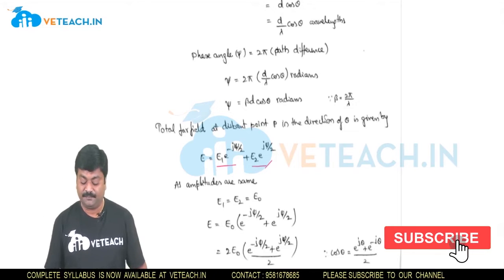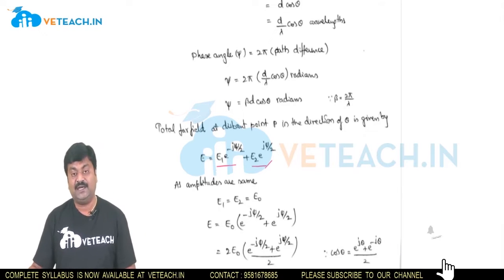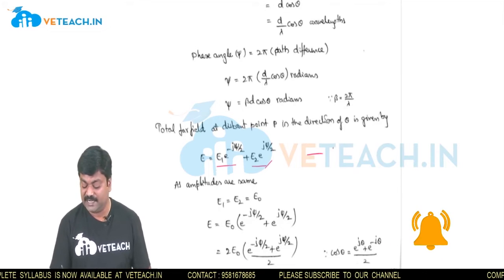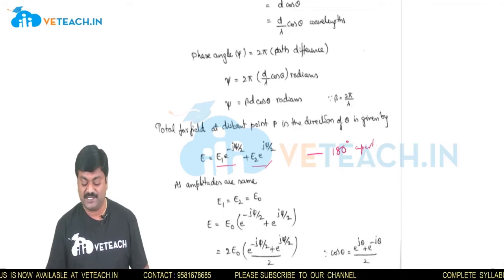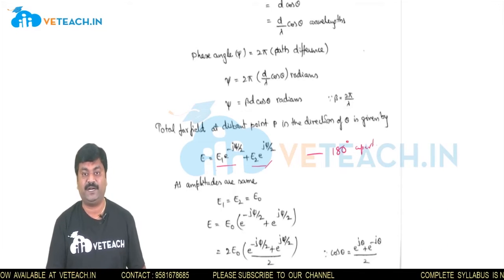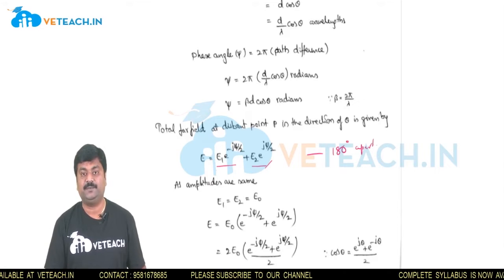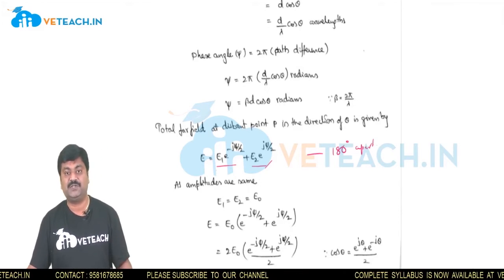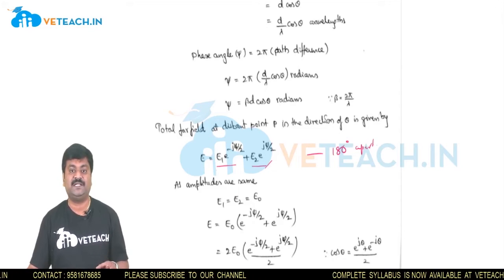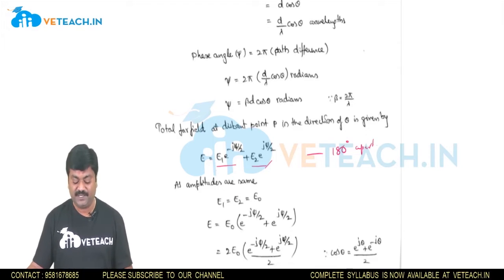In simple terms, they are 180 degrees apart. So that is the reason I have one field pattern with negative and the other with positive. And as the amplitudes are the same, because in an array structure we say the amplitudes will be equal,